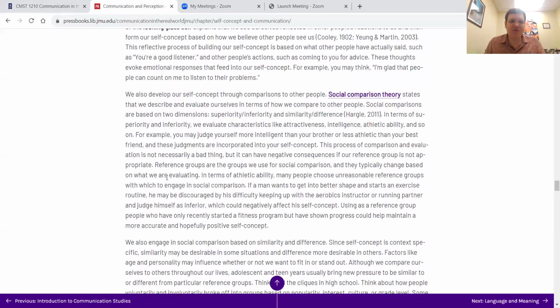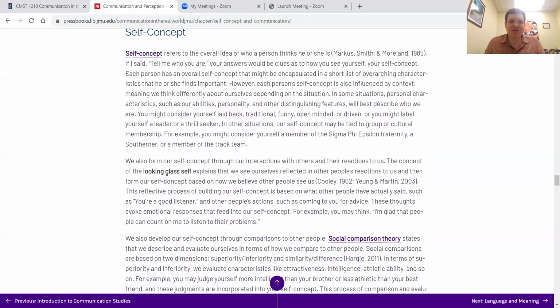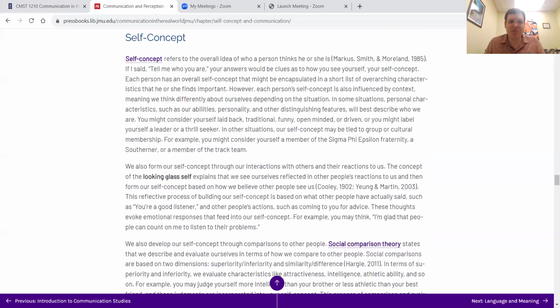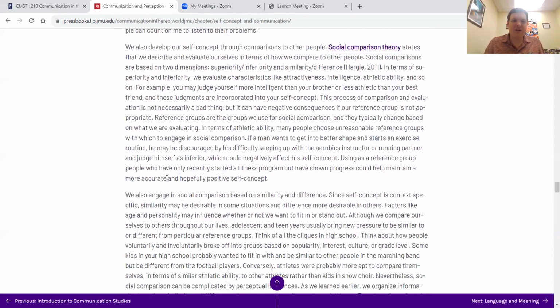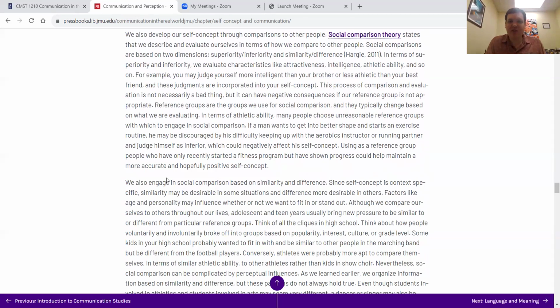For example, you could have very positive things about your self-concept, that you're very smart, capable, competent in many ways, and feel good about that, good about who you are. But your self-esteem could be low because those good traits aren't fitting in or finding their place, or so you may think, hey, I wish I was different, right? I don't really like myself, even though I think I do things well, right? So just an example. It talks about how we develop our self-concept through comparisons to other people.